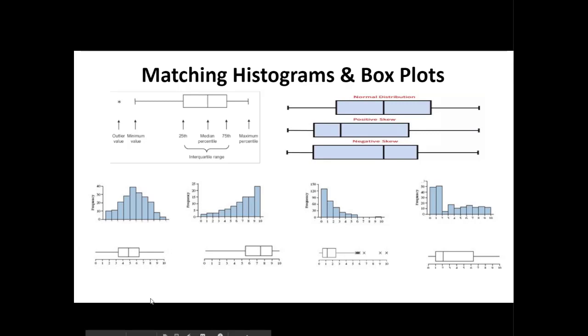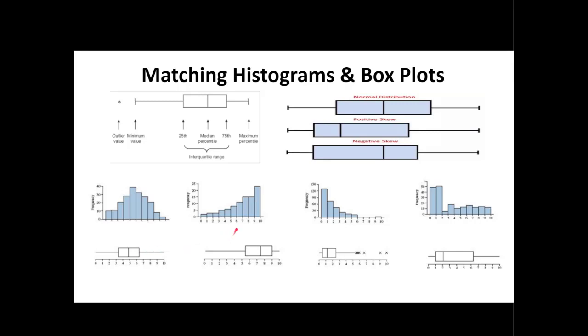So these are pairs of matched histograms and box plots. Here is a pretty normal distribution. If I were going to do an overlay over this, I would get something that looks like this. My median is in the middle of the interquartile range, and the whiskers are approximately the same length. So this does confirm on both the histogram and the box plot that there is reasonable belief that this distribution